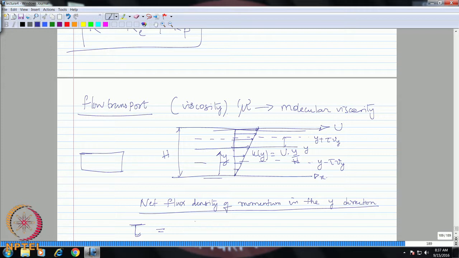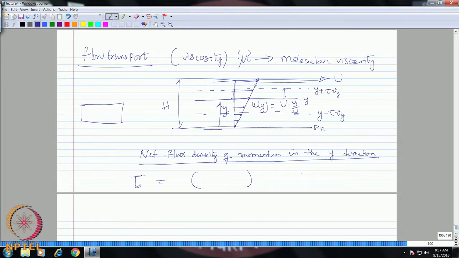So, I want to calculate therefore, the flux of momentum due to the molecules coming from y minus tau V y and the other from y plus tau V y, you know. So, these are crossing going up, these are crossing going down. So, I want the net flux in this direction, okay. So, this net flux is basically causing a resulting stress in this direction,